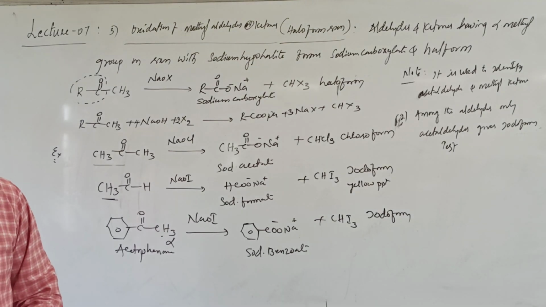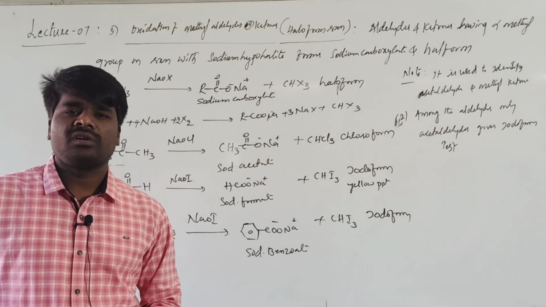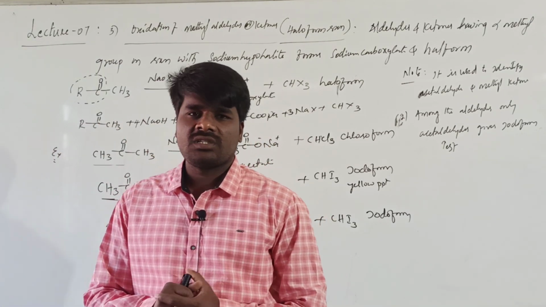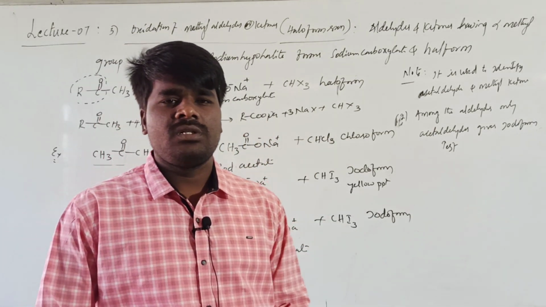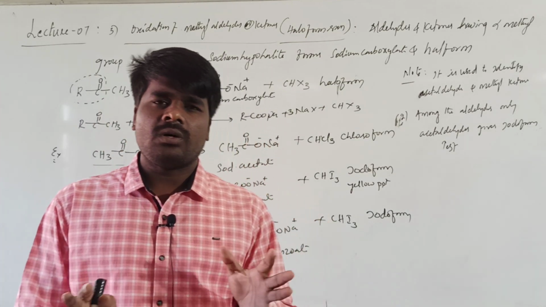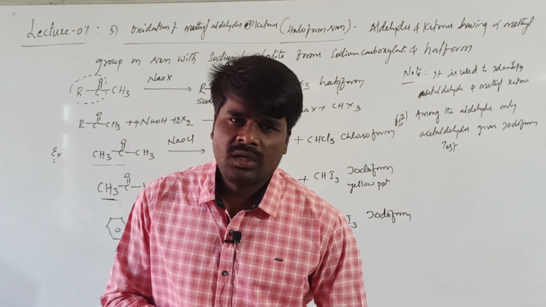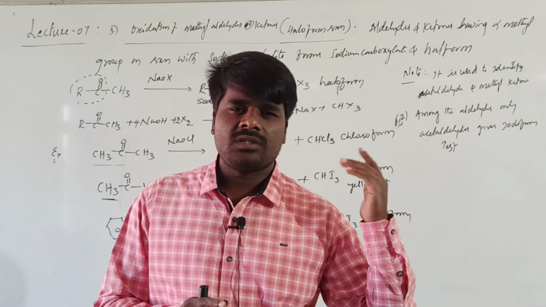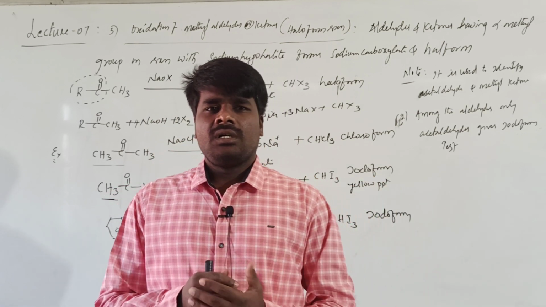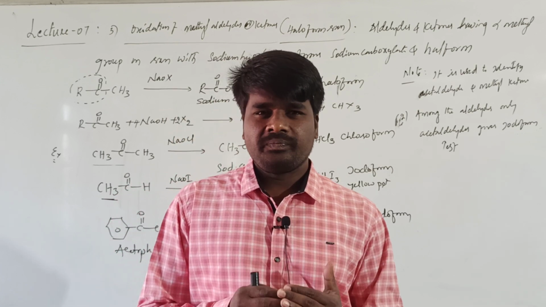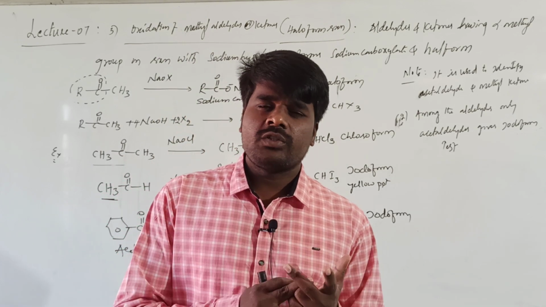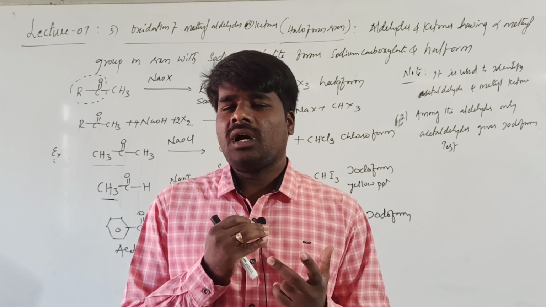Okay. This completes the discussion of oxidation of aldehydes and ketones. Among these oxidations, the reactions we discussed before oxidation were almost similar for both aldehydes and ketones, but we can distinguish aldehydes and ketones based on their oxidation reactions. Aldehydes can be oxidized by either strong or mild oxidizing agents to the corresponding carboxylic acids with the same number of carbons as the aldehyde. Whereas ketones are not oxidized by mild oxidizing agents such as Tollens' and Fehling's reagents, and using these we can distinguish aldehydes from ketones.